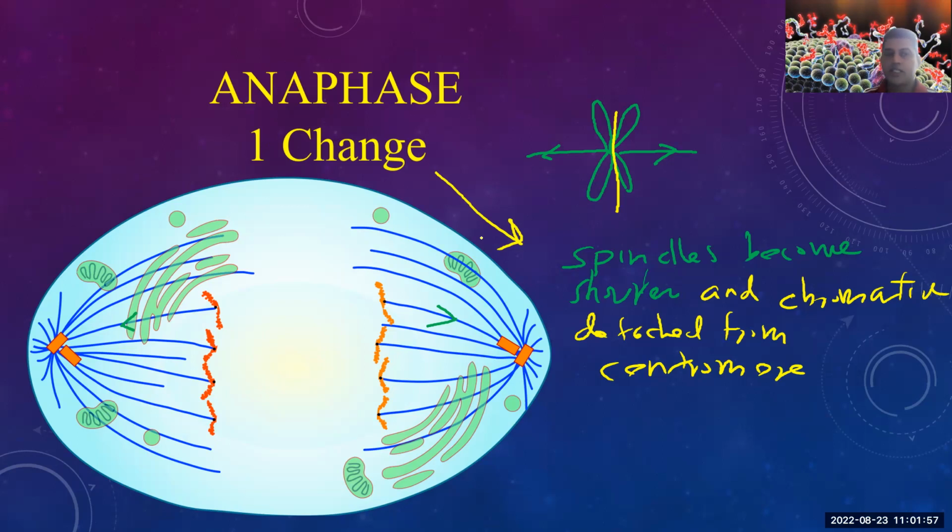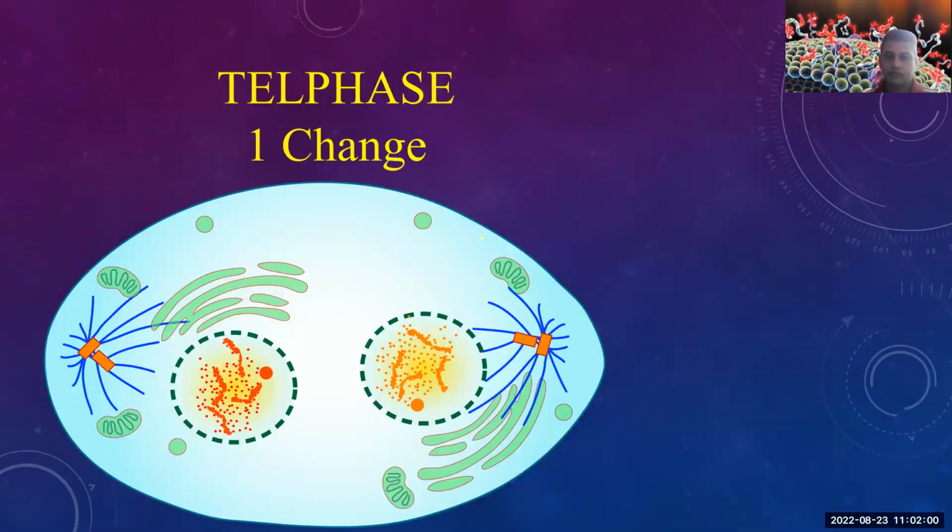Then the last one, telophase. Telophase, again one change. One change means what happened in prophase, the opposite is happening. What is the opposite? In prophase, we said chromosomes visible, condensed. Opposite is